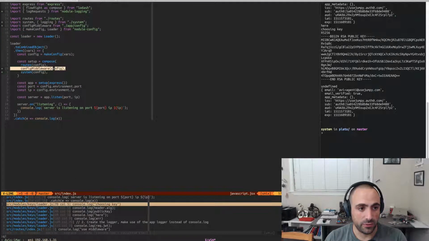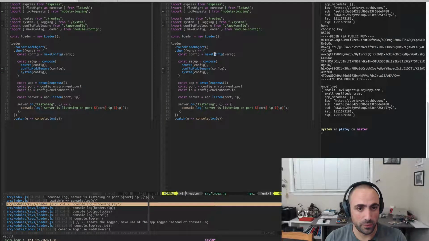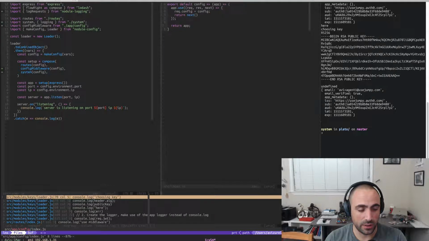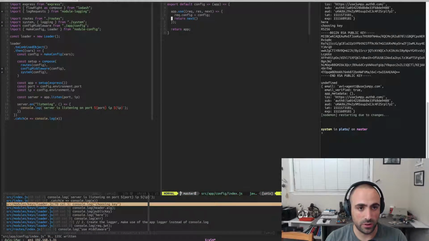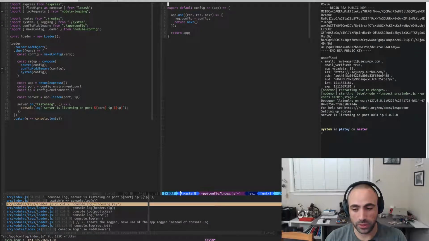And now we have a config middleware, which is app config here, which just puts the configuration on the requests. Okay, so we can actually document this. So this will load the configuration on to the request and make it available